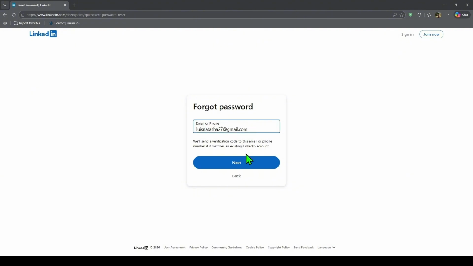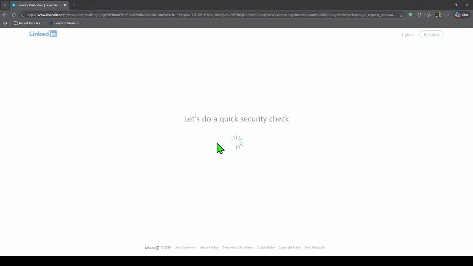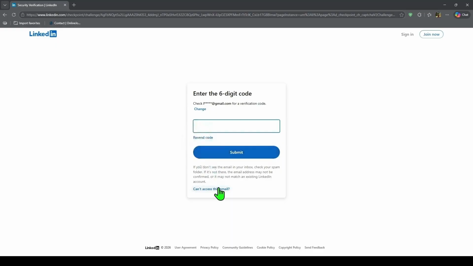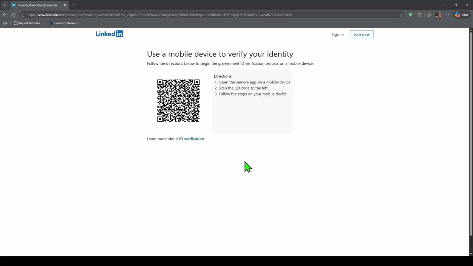ID. If you do not want to submit an ID, LinkedIn says there can be other recovery options in some cases. These may include using a notarized affidavit of identity or verifying through a work email address when eligible. That means if the ID route is not possible for you, it is still worth checking the recovery instructions LinkedIn